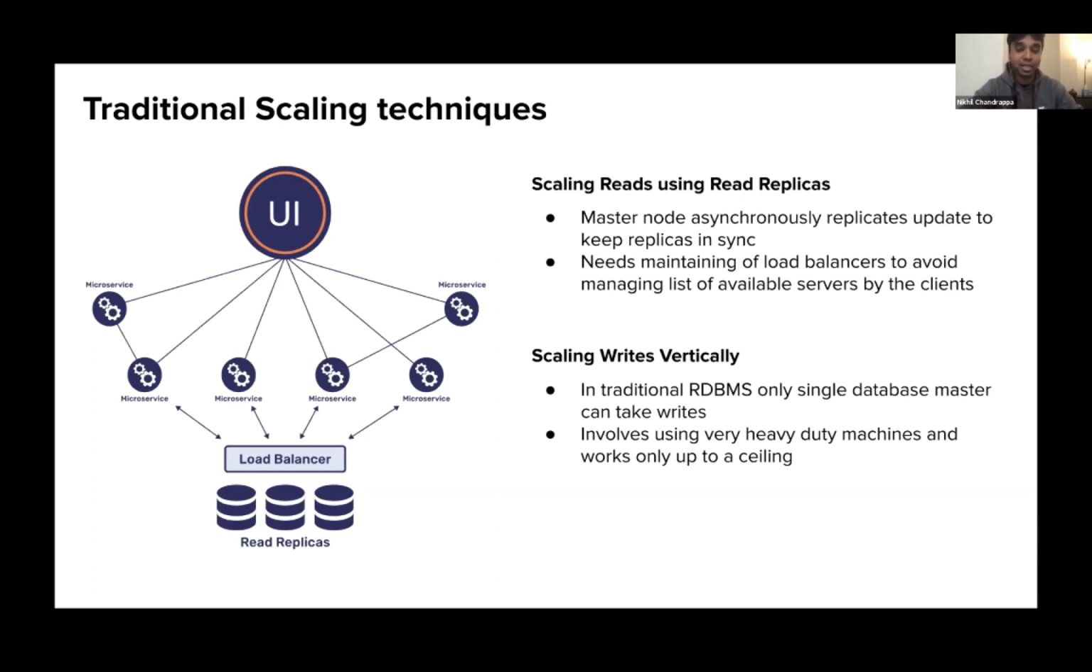And to scale writes, there's only one way in a read replica setup. Only masters can take writes. So you can only scale the database vertically, which means you are going to use beefier machines, like X1s and I1s in AWS, which are super expensive. Obviously, they also have a ceiling. Most of the time, writes are the ones that get hit because of using read replicas and a